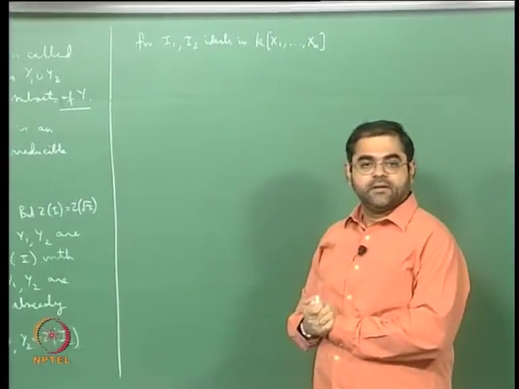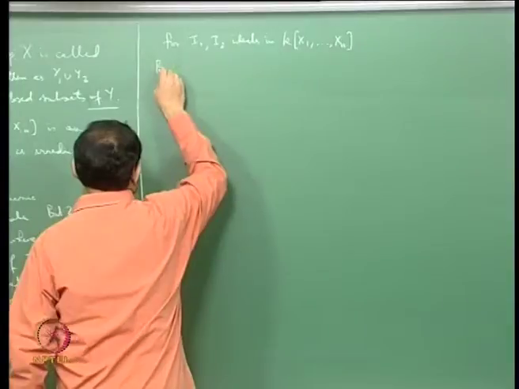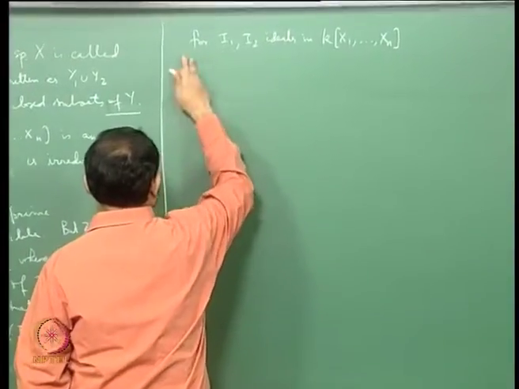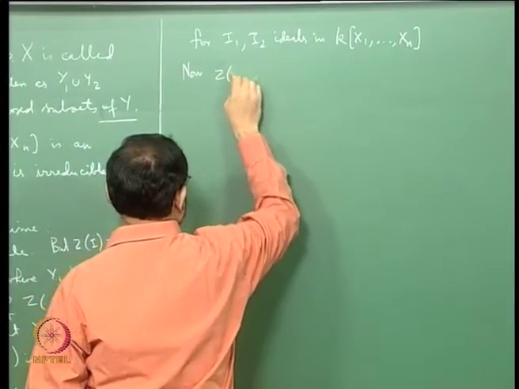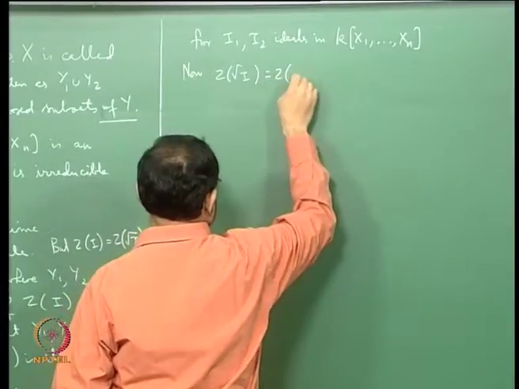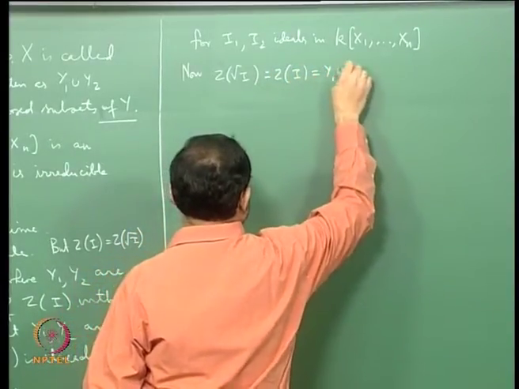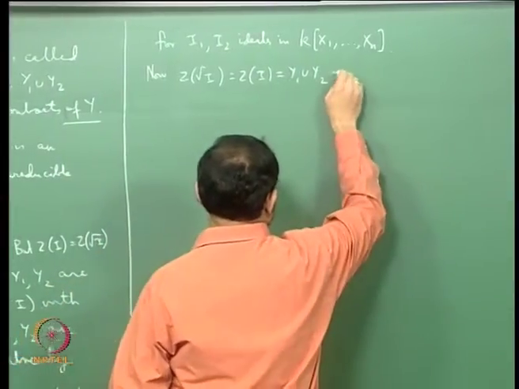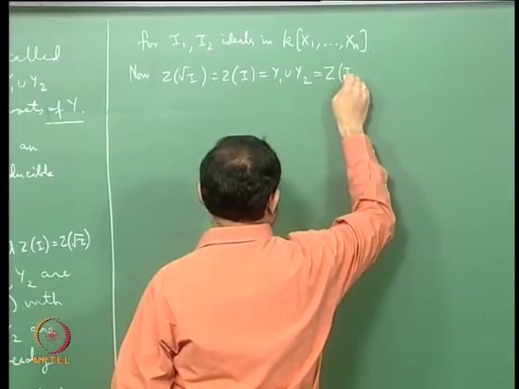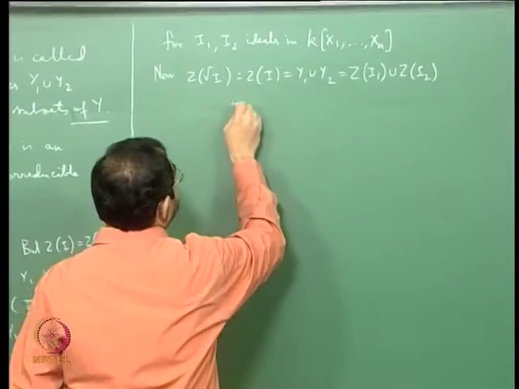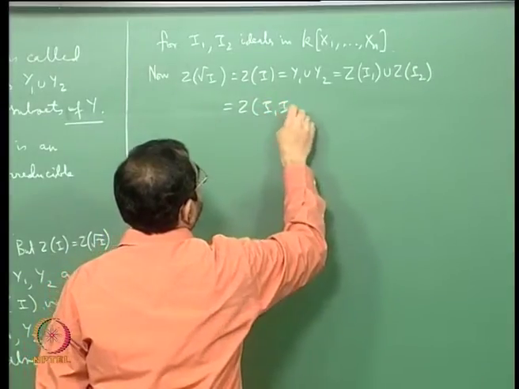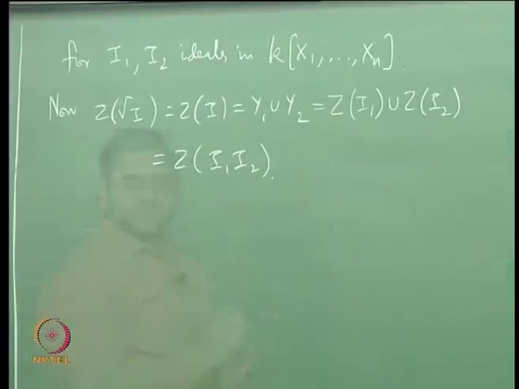This is what you get. But then if you take Z(rad I), which is Z(I), which is Y1 union Y2, it is actually Z(I1) union Z(I2). And this is the same as Z(I1 I2),